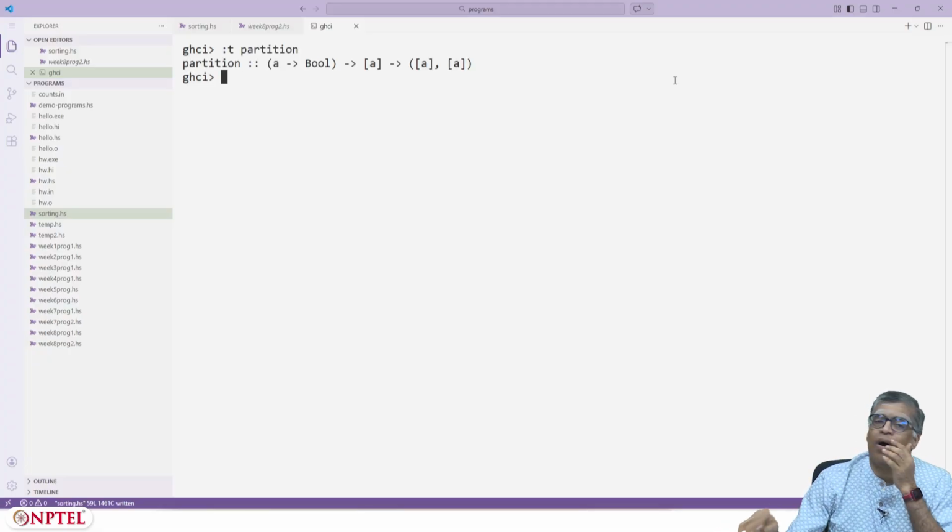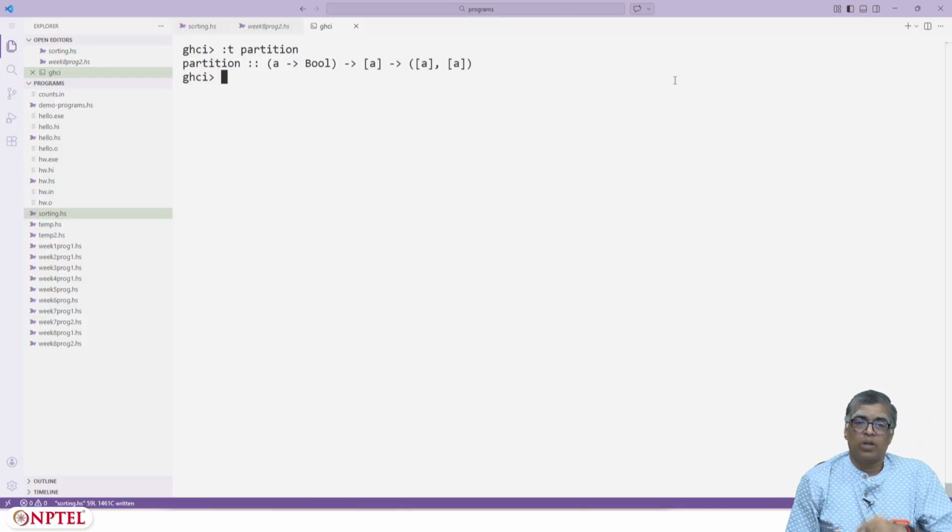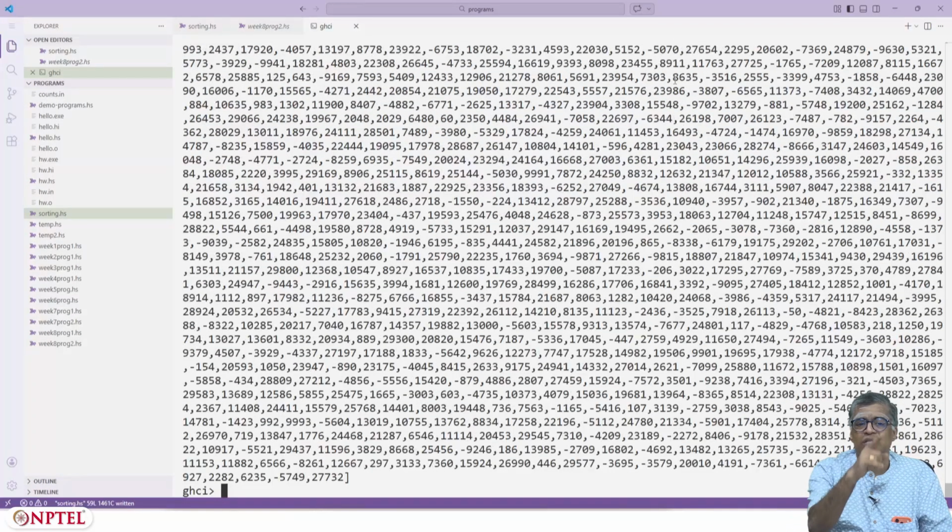Right? You have a predicate a arrow Bool, and then you start with one list, and then you split it into two lists based on the predicate. The things in the first list are those that satisfy the predicate. The things in the second list are those that do not satisfy the predicate. Let us see if I still have xs. I have this random list xs. So let me just pick an element here. In fact, I will do the following: partition